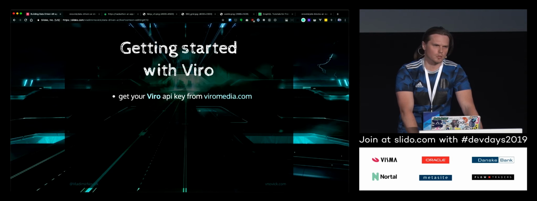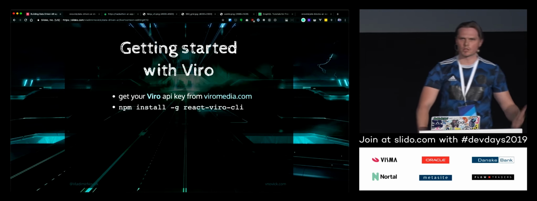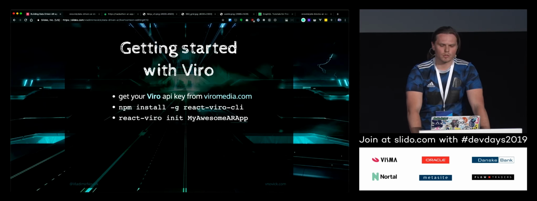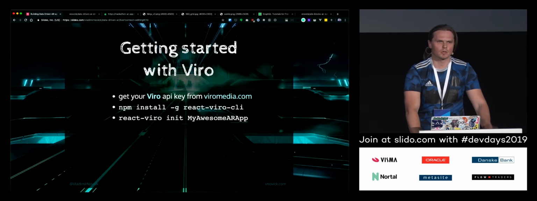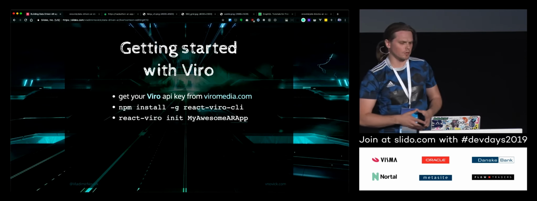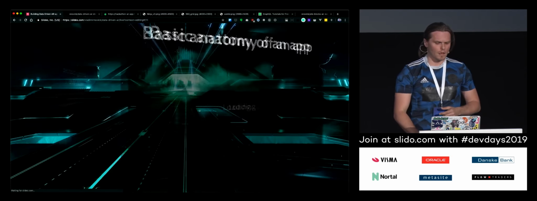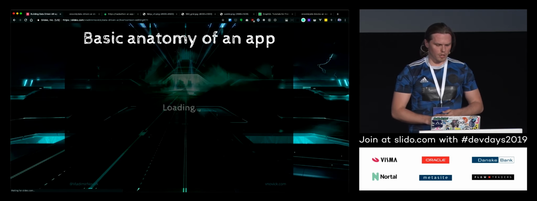You need just to sign up, put your mail inside, and get the API key. Then you install the Viro CLI package to basically have this CLI, and you initialize your app. Your initialized app is using React Native, not the latest version, but I think one version back. And the anatomy of the app,